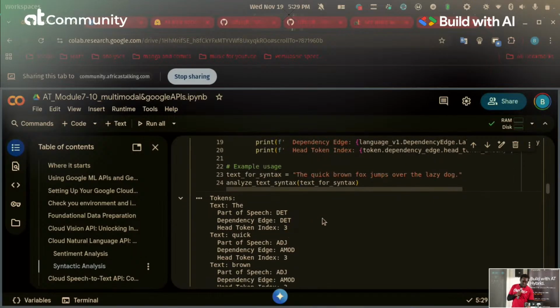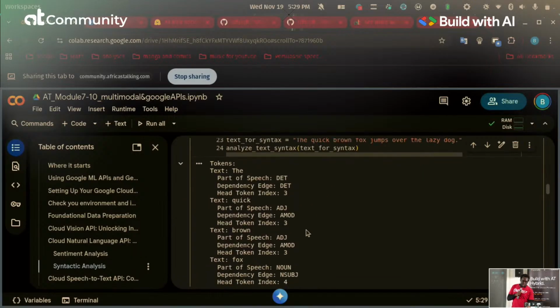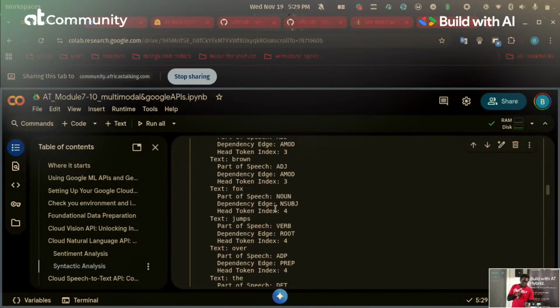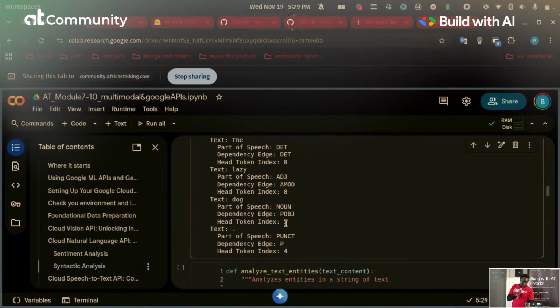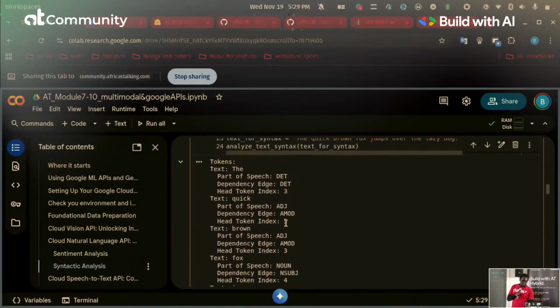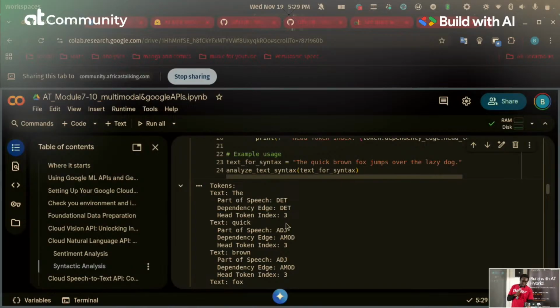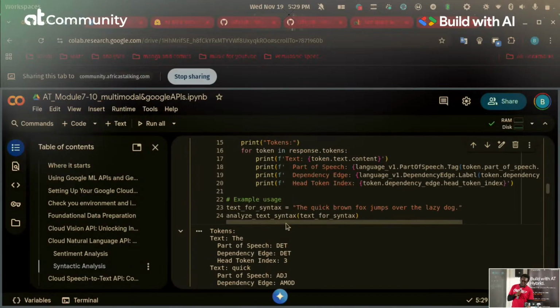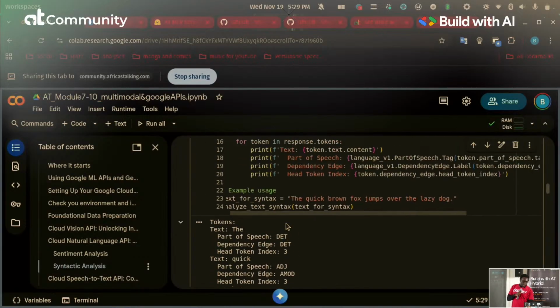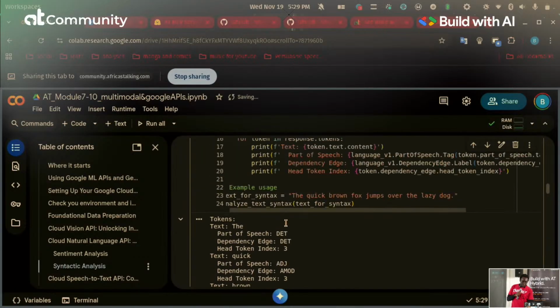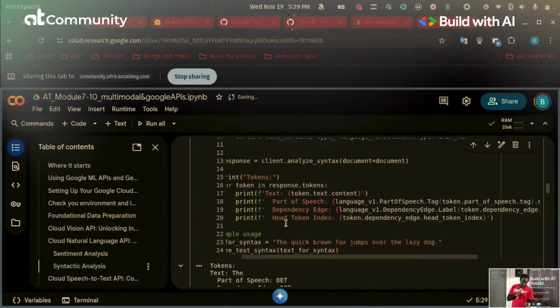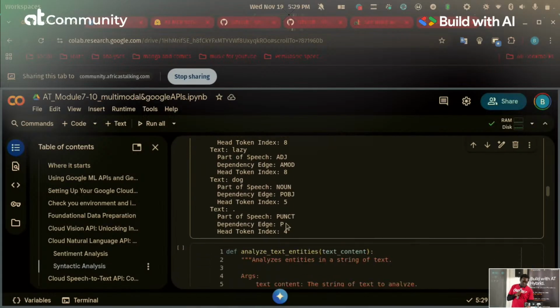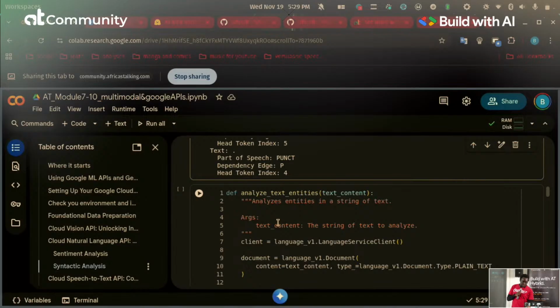This one is just breaking down the text, discovering, hey, this is an adjective, quick, and then fox is a noun, and things like those. This mostly comes in handy when you are trying to maybe curate data for large language model training, as an example. This comes in very handy. And that's that when it comes to